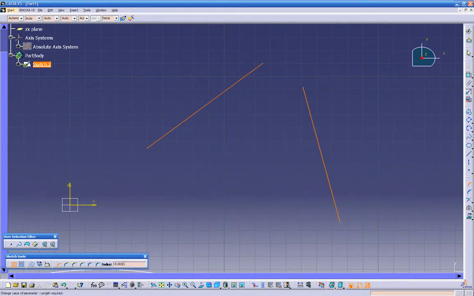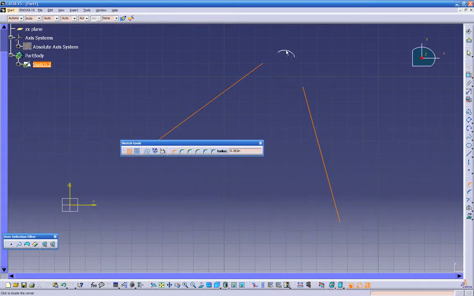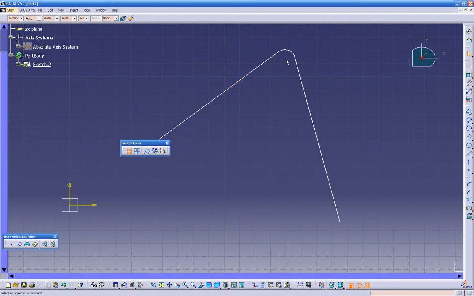And down here, it's our sketch tools again. Before I snap into place, you can hit the tab key and you can change your radius to 0.250, and there you go. Or if we do Ctrl Z, we can undo it. Click back